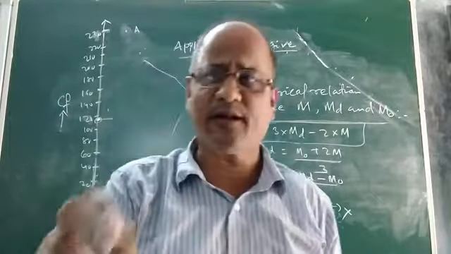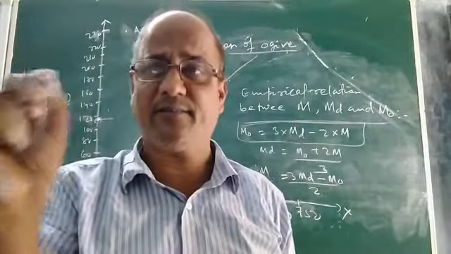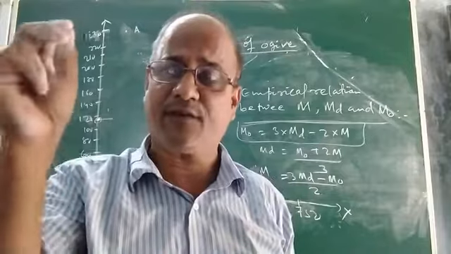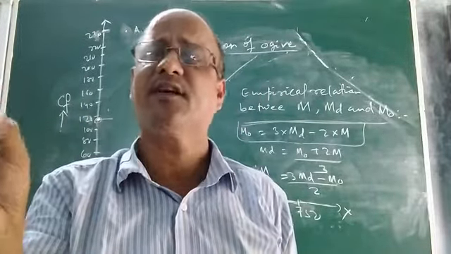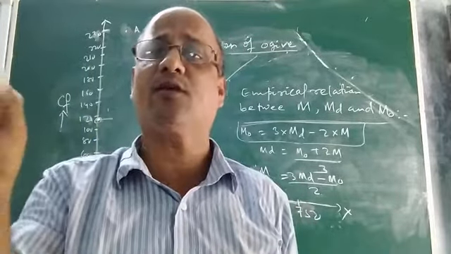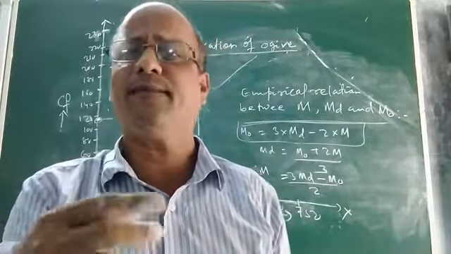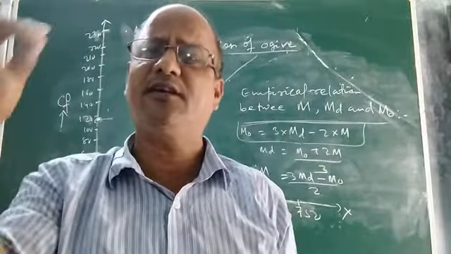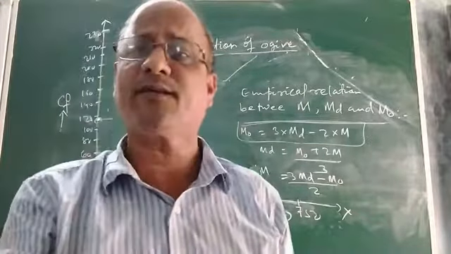Children, with this we came to the end of statistics. I discussed all the three measures of central tendency, mean, median and mode, how to calculate them for continuous and discrete frequency distributions, and the different methods. Then I discussed the graphical representation: what is the cumulative frequency curve or ogive, less than ogive, more than ogive, and the application of ogive. I tried my level best to explain the detailed concept of statistics as given in your NCERT syllabus. I hope you must have understood.